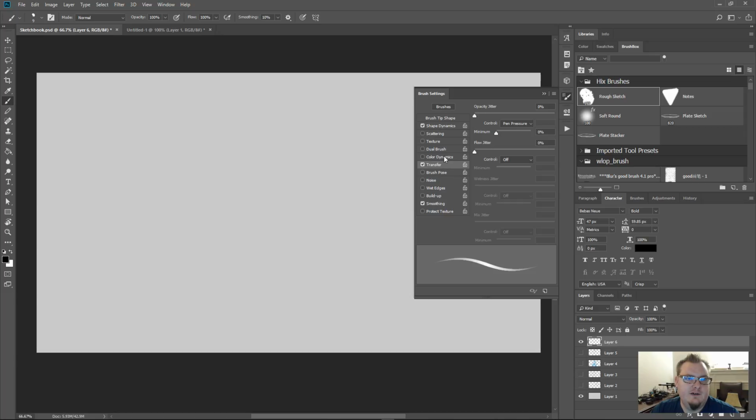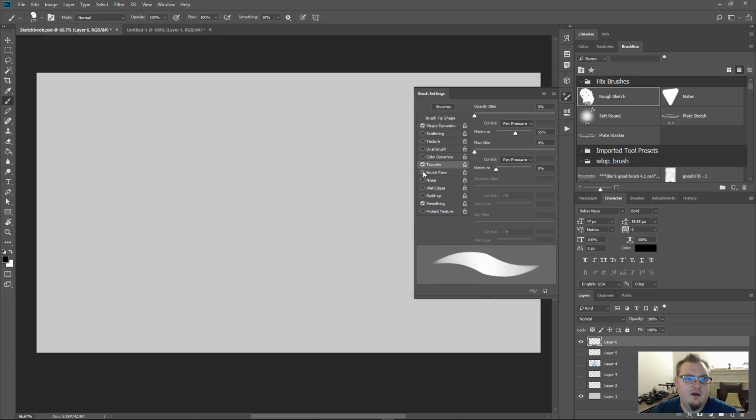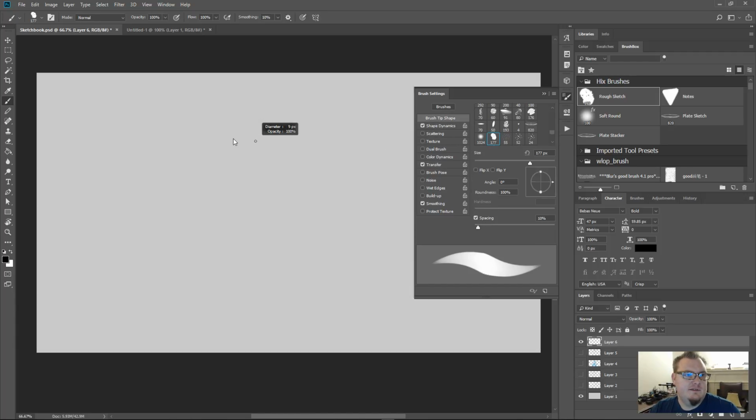And then once you dial that in, you can save that as a preset and it will remember all of those settings. And so as we switch back, you'll see that all of the settings that we just created are not there anymore. And that's because it had the originals locked in. And so if we want to set this back up, then we can quickly dial that in just like that, get our size in the approximate size we need it to be for the sketching brush. And then we can jump into